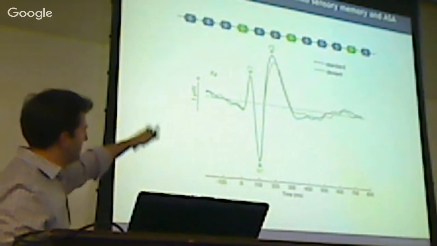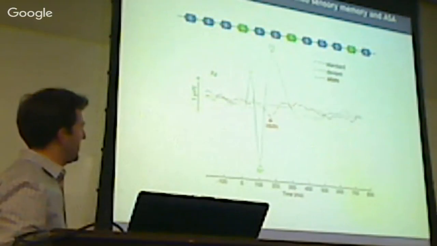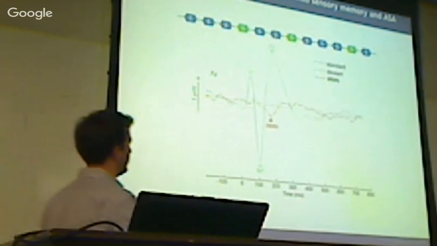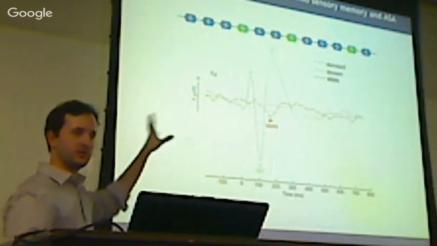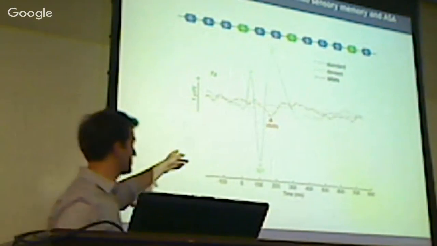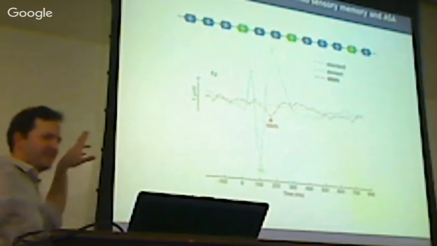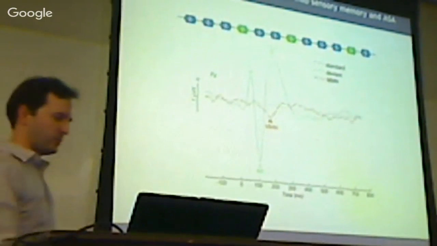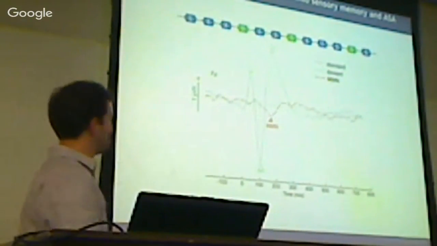And you can see that in this particular latency range at around 150 milliseconds, you can take the difference between these two waves. You can isolate the difference in neural activity between the standard and deviant. This is called the mismatch negativity, this little negativity that occurs. So we interpret this MMN to be the brain's automatic deviance detection, distinguishing standard from